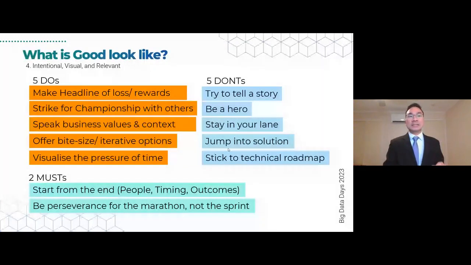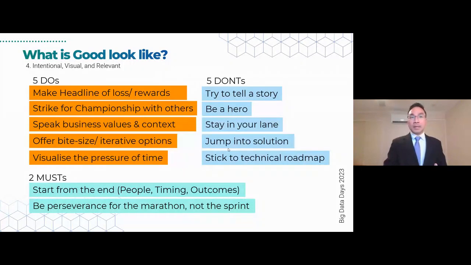from your initiative. And the second must is about the mindset. Pitching is a marathon, it's not a sprint. That's why the elevator pitch is more or less a metaphor. It's not something that people really have